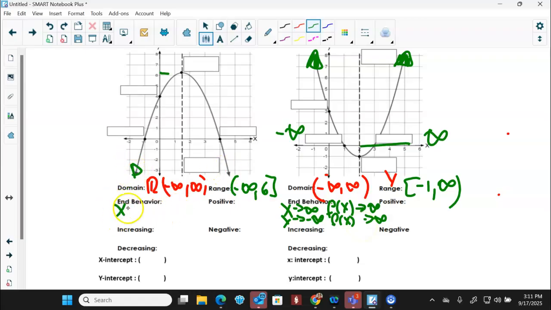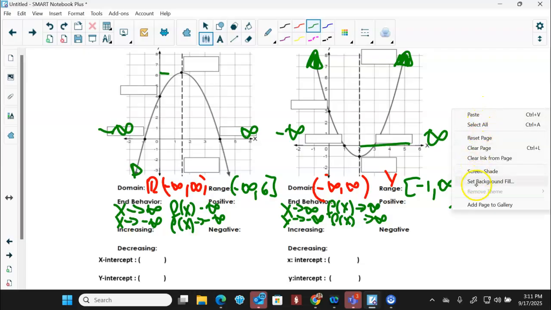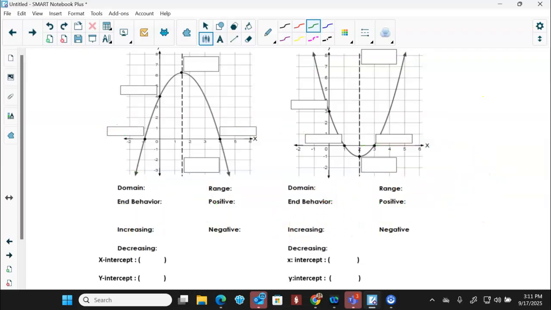So it doesn't matter if I am going to the right side of the graph here, or if I'm going to the left side of the graph, both of my f of x, which stands for a function, will go down, which is negative infinity, okay? All right, now again, save that if you need to, because I'm going to delete that for space. All right, negative and